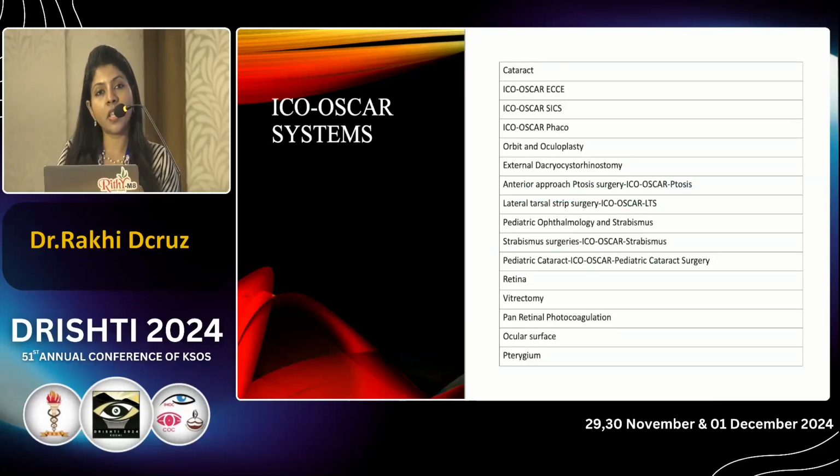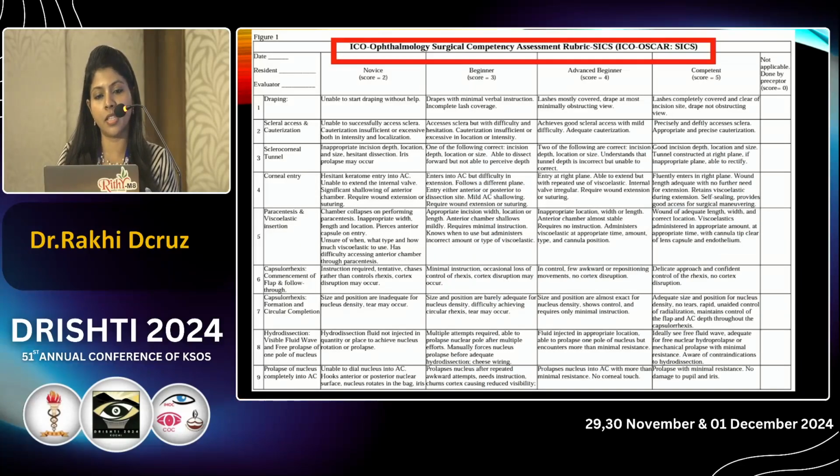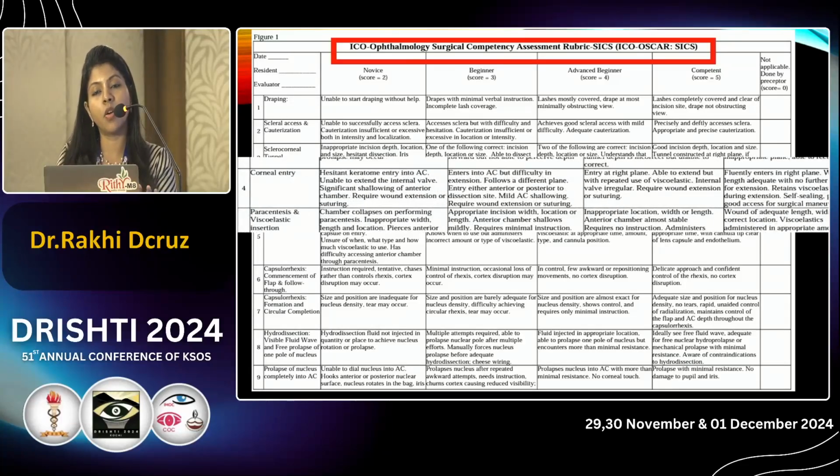This system is available not only for cataract, it is available for almost all the specialities. So this is an example of the ICO rubric system available easily online. Just download it. It starts with draping up to the end of the surgery. Just look at this corneal entry. If you are hesitant with the keratome entry, you are unable to extend the internal wall, and there is shallowing of the AC in between,